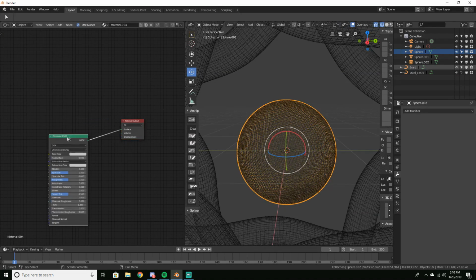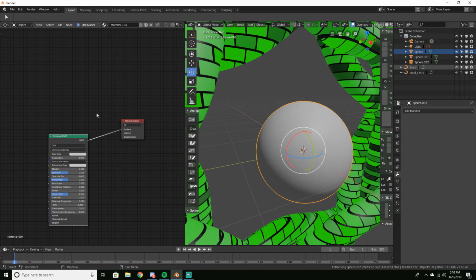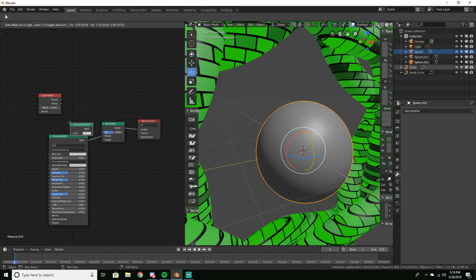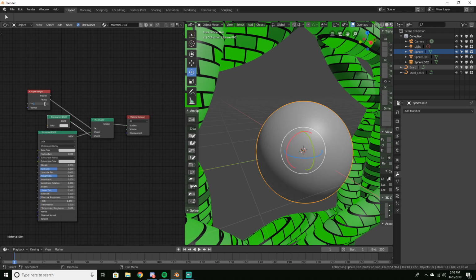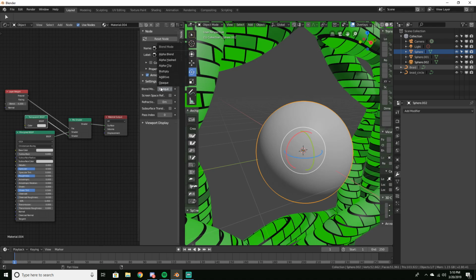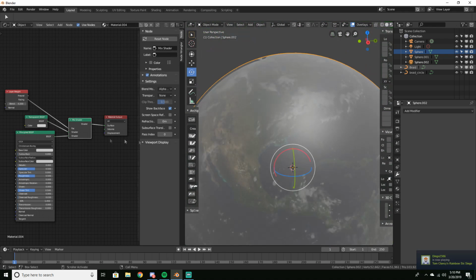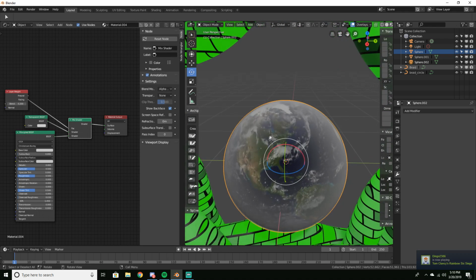The way I'm going to do that is if I have this selected and go into our rendered view, and then Shift A and add a layer weight, and then I add a mix shader, then I add a transparent, and then I mix them together, and then turn the facing into FAC, and maybe 0.2. I think I'm doing this right. Do I have to split these? Yes, I do. Okay, so now we have this kind of